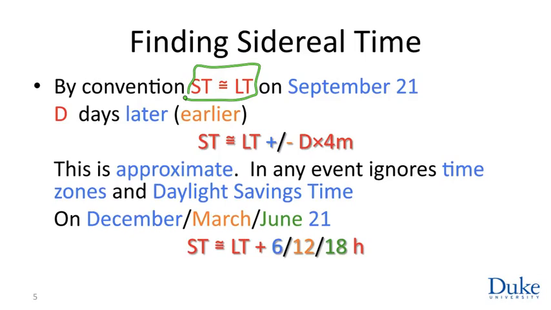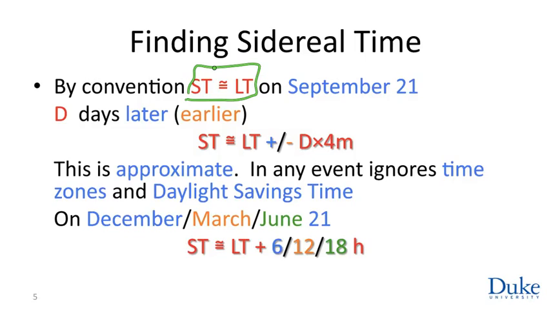But for the convenience of arranging train schedules, we don't let local time vary continuously so that each town has its own local time. Local time is fixed over an entire 15-degree slice of the Earth and then jumps by an hour, whereas sidereal time is defined locally, so it varies continuously. So even when I say sidereal time equals local time, I mean to within half an hour, which at the precision that we're working is good enough. So on September 21st, to within this half hour of precision, sidereal time is equal to local time.